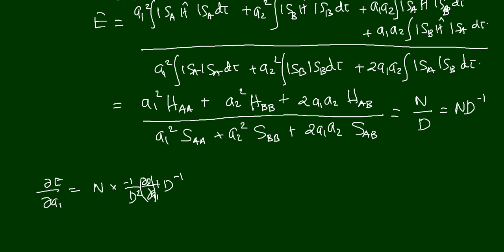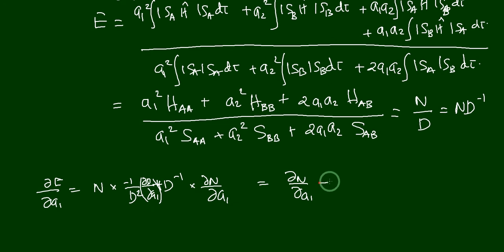∂d/∂a1 plus d raised to minus 1, that is the second function, plus the derivative of the first, that is ∂n/∂a1. And that is equal to... we can write it like ∂n/∂a1, that is a common factor. No, that is not a common factor. 1 by d is the common factor. Okay, 1 by d. I will write 1 by d at the end. So ∂n/∂a1